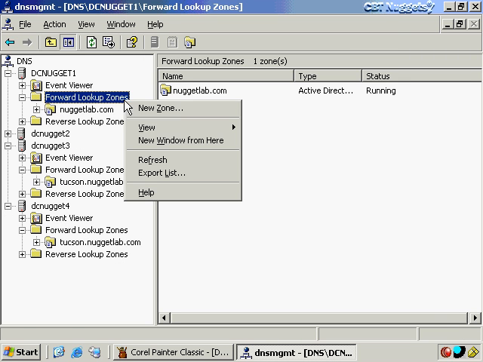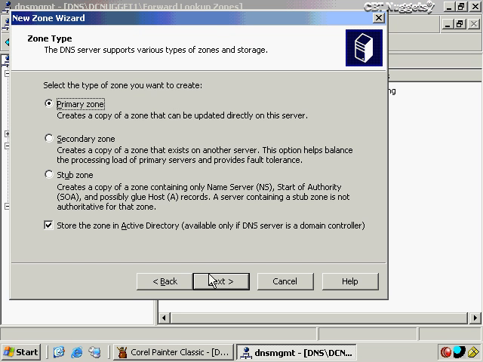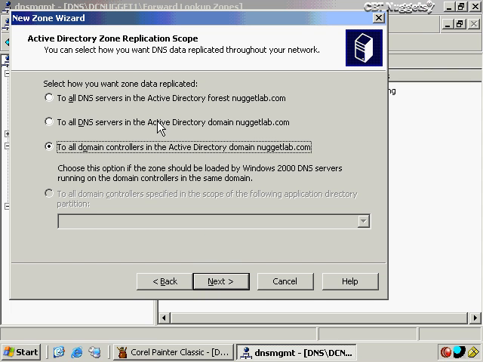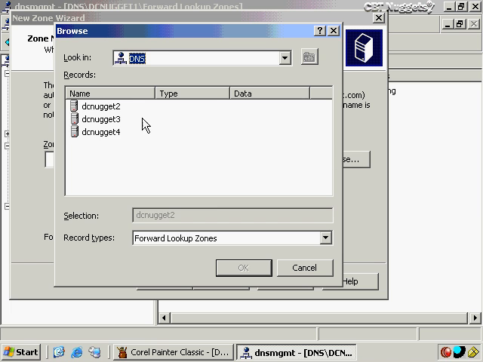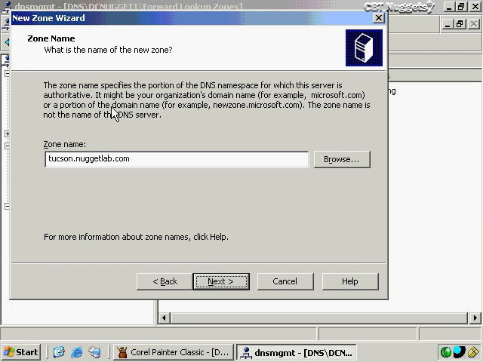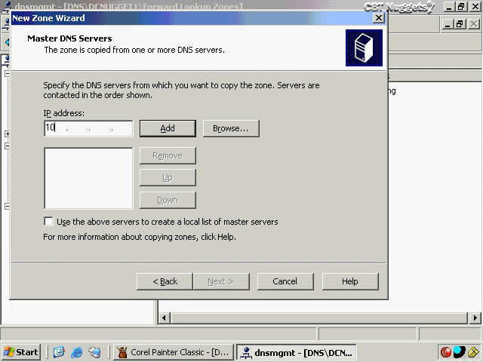We'll do this by right-clicking on the zone and choosing New Zone, and then going through the wizard where we create a stub zone to store in Active Directory. This time I'm going to store it in all DNS servers in the Active Directory domain nuggetlab.com, because I'm not using Windows 2000 DNS servers. So I'll click Next. Then I'll browse for the zone, or you could also just type it in. I'm too lazy to type right now, plus you know how badly I type. So I'll enter tucson.nuggetlab.com with the IP address of the master server,